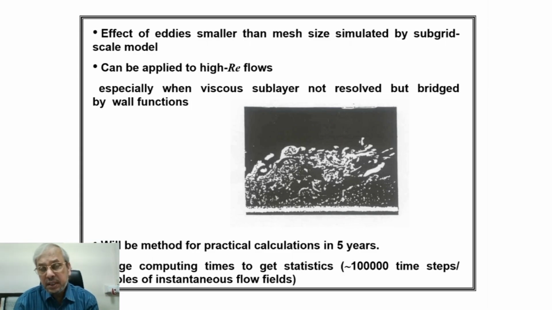We will discuss about it a little later. So that sublayer and the turbulent regime can be bridged through some functions which are called wall functions. So with the help of wall functions, one can go for even slightly higher Reynolds numbers,